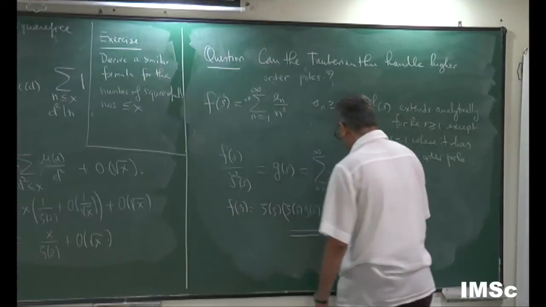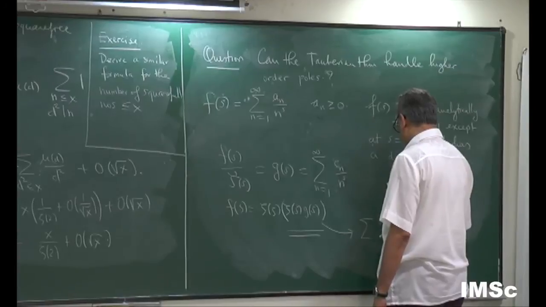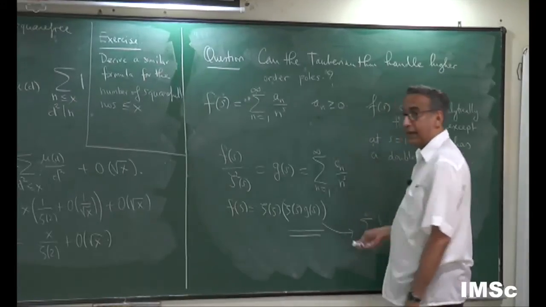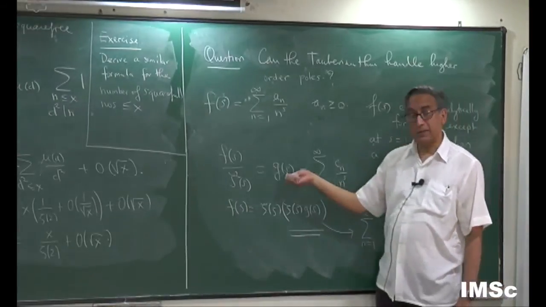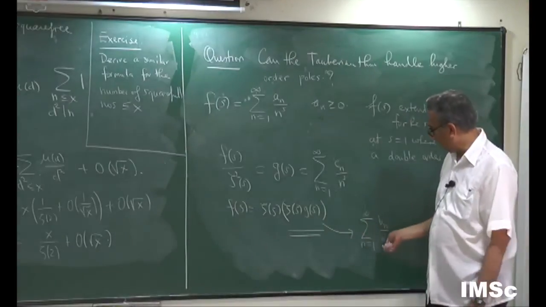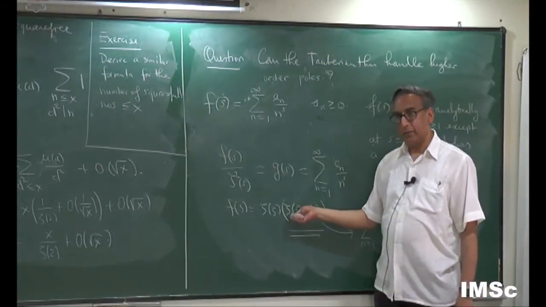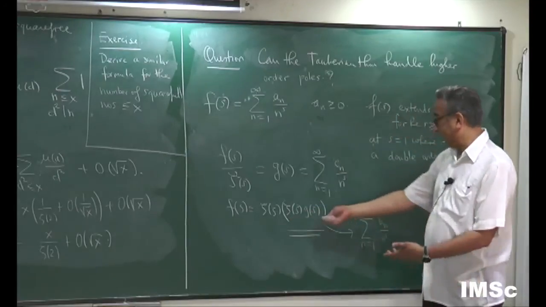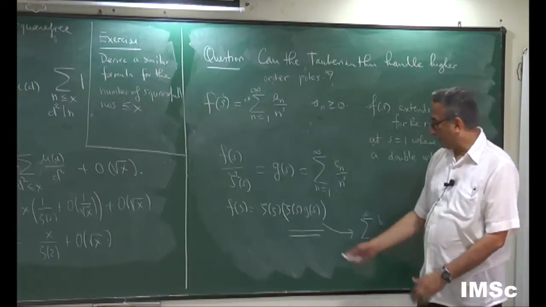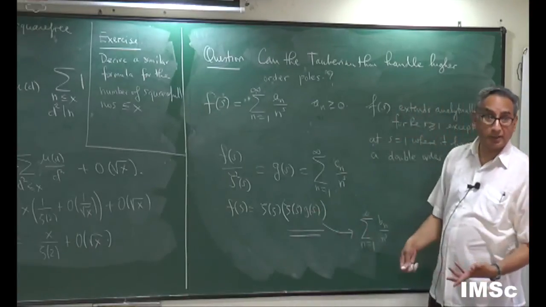So you write this guy as the summation of Bn over n to the s. G of s, remember, is analytic now for all real part of s bigger than or equal to 1. Zeta of s now only has a pole at s equals 1. This guy is now analytic except for that pole,